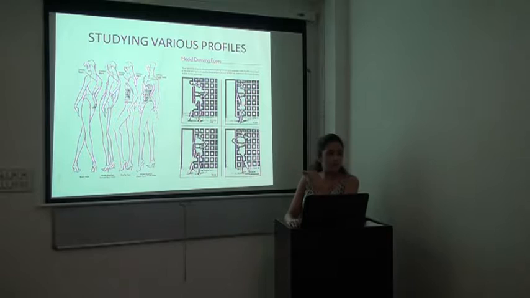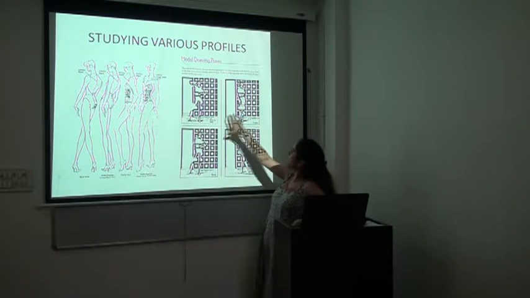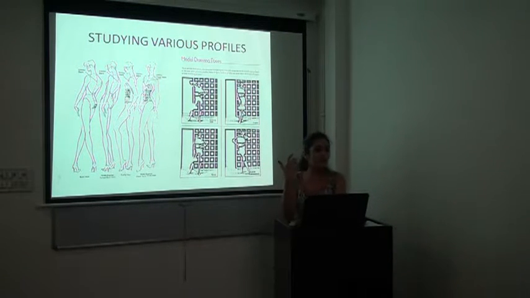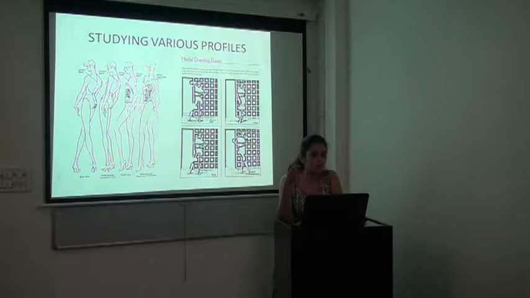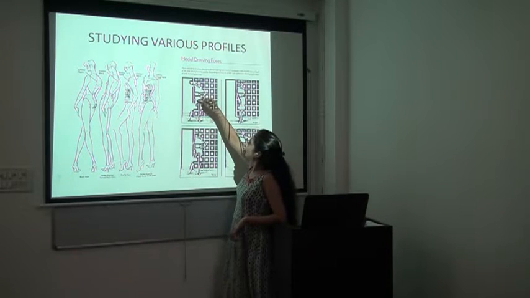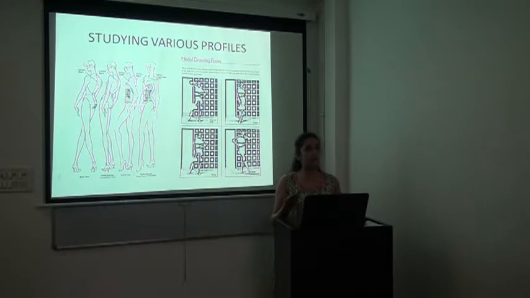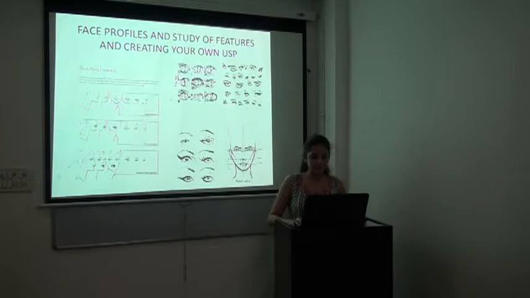Again, the profiles, what we can work upon, plus these are various postures that a fashion figure can actually have. This is just an initial detail of how it goes, and the magazine exercise really helps the students, because initially when we start off with a fashion figure, it is not easy for them to make it directly on a sheet of paper. So what we do is block out the whole thing first, make a block of the whole thing, and then carve out, basically flesh out the whole fashion figure.